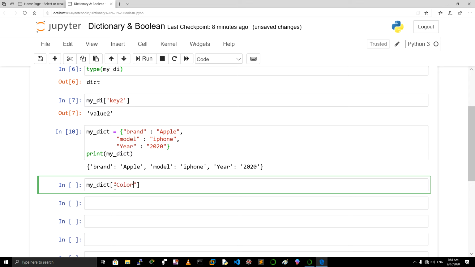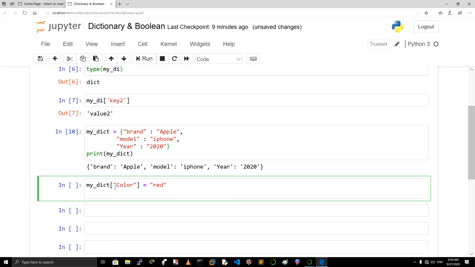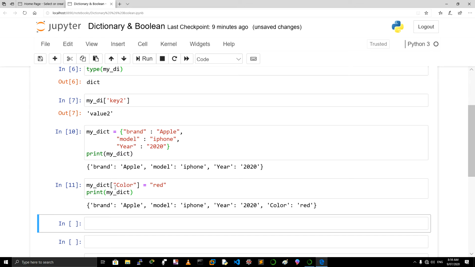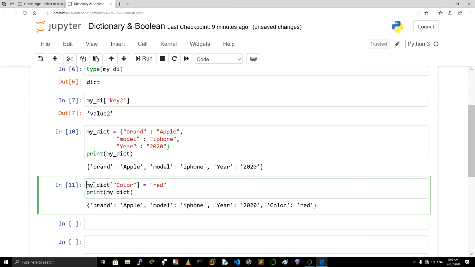Color equals red. Say red, and then print my dictionary, and then shift enter. As you can see, I just added the color red to my dictionary,